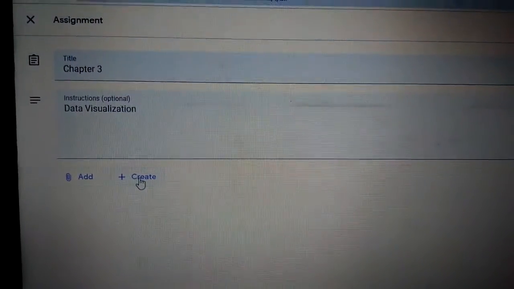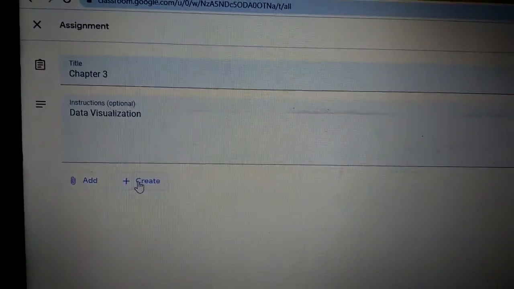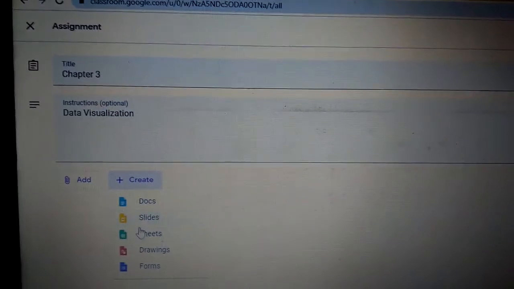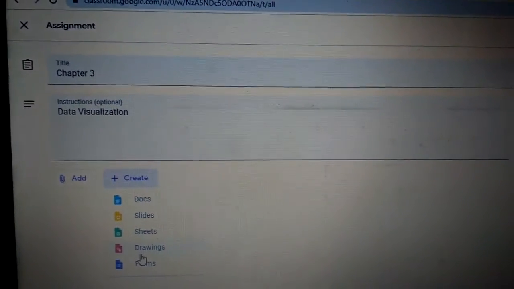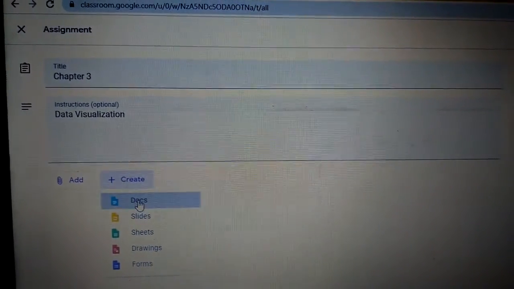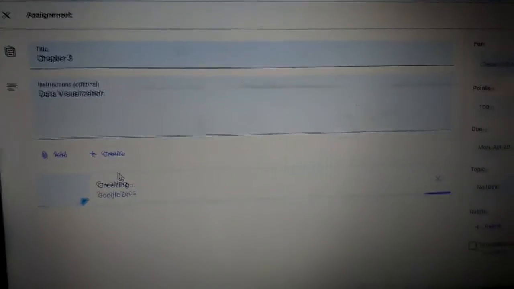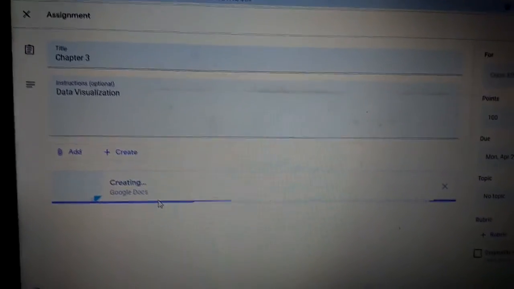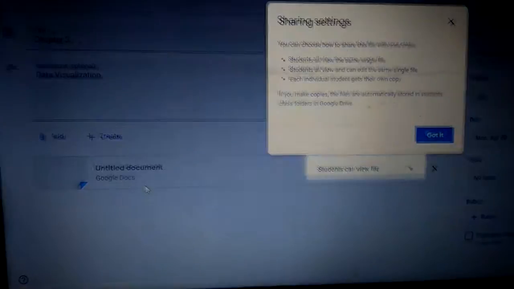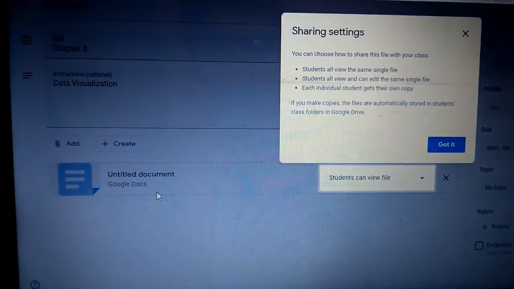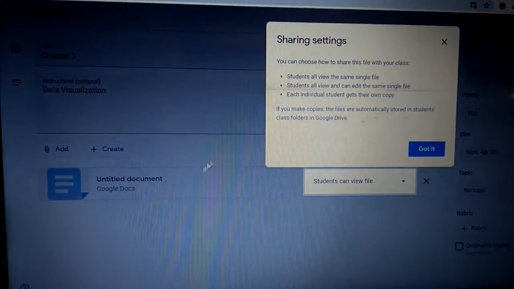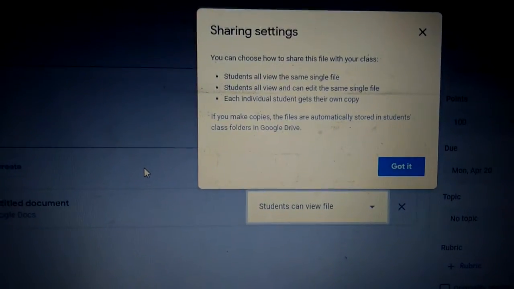Now if I want to create any doc, slide, sheet for that particular topic, I just want to select the docs. Okay, I will be creating a Google Docs for that. Okay, now this is the untitled document. You can choose how to share this file with your class.